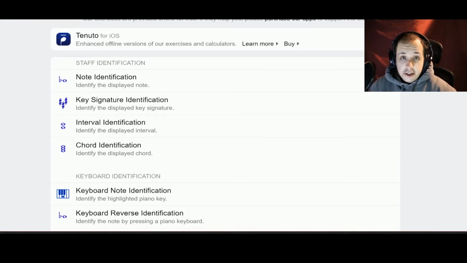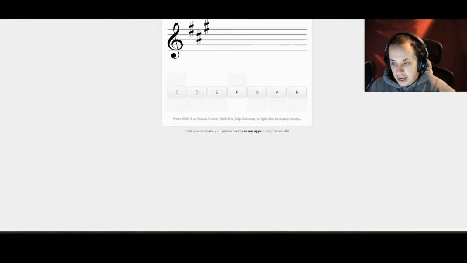Then they have a key signatures tool. So if you are more into music theory or you're further along in learning how to play the piano and you want to learn your key signatures, another great one here. And again, all of these have a little settings button up on the top right. Like I said, with my setup you can't see it right now, but it's there. And then you can go through and basically